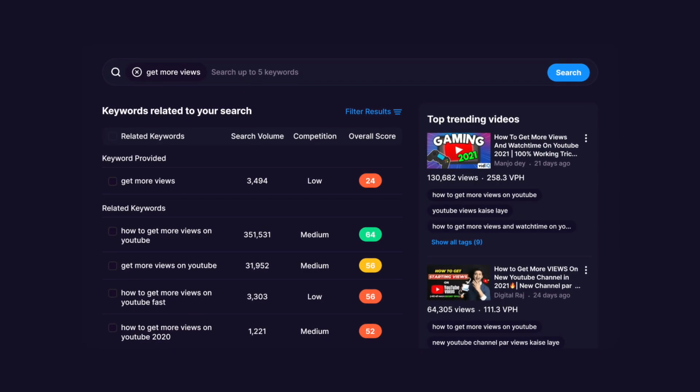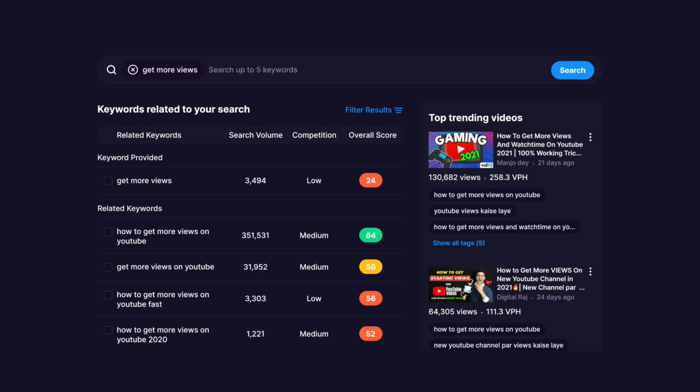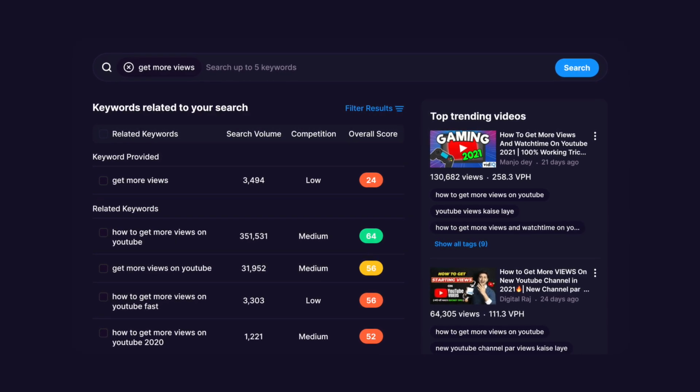When you're uploading a video, there is also an option to add tags, and you can utilize vidIQ to come up with different tags and different keywords that are trending for your video. And then with these keywords that you are using for your tags that you are finding in vidIQ, you can also put them in the description of your videos, but make sure you're doing it in a natural way.